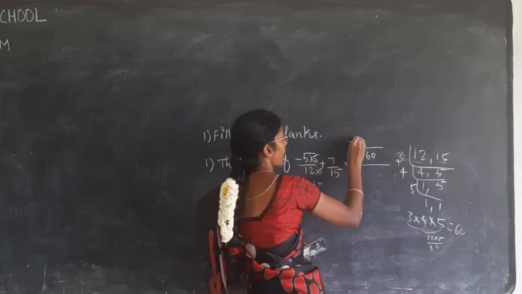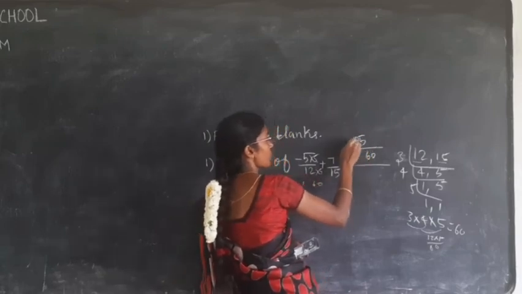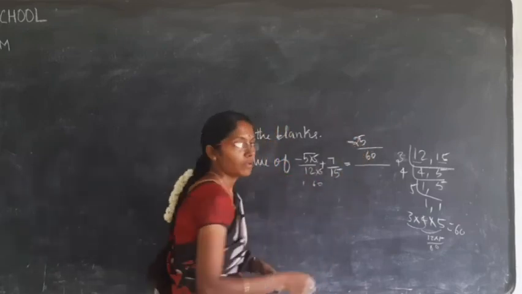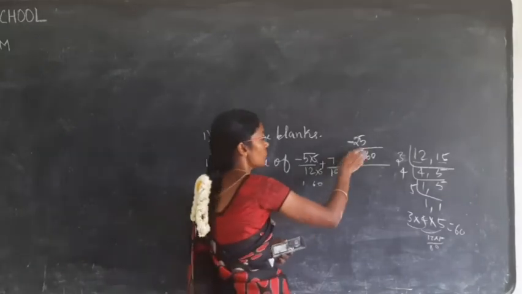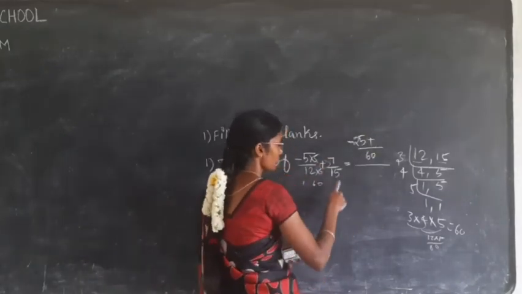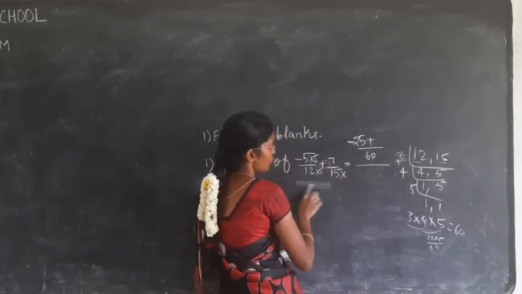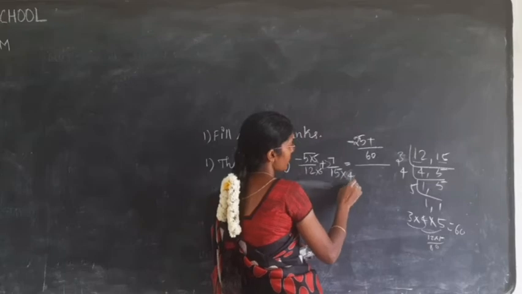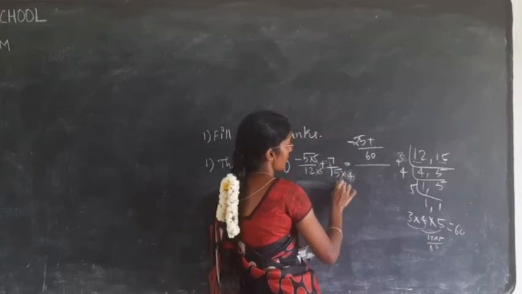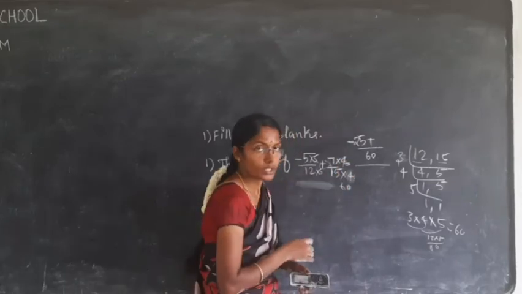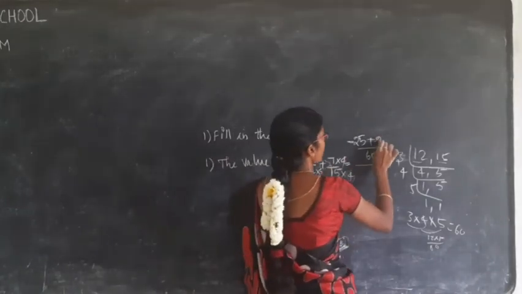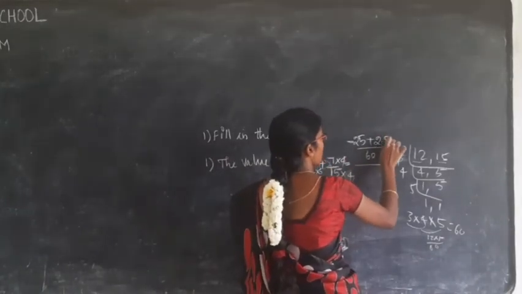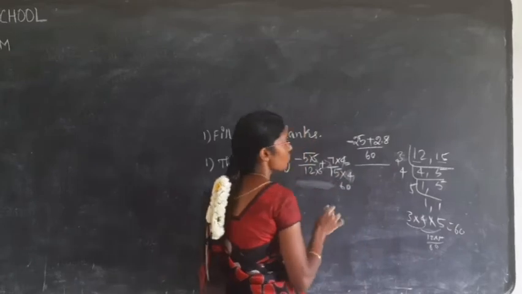So here also minus 25. So the same symbol, minus, to be put here. So next one plus 15. So which number to be multiplied? 2. 5 2s are 10. So no, 4. 4 5s are 20. 4 1s are 4. 60. So the same 4 to be multiplied on the numerator also. 7 4s are 28.